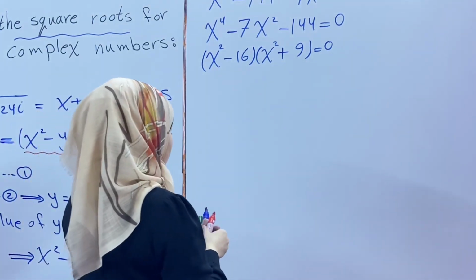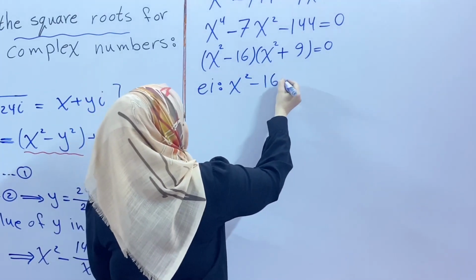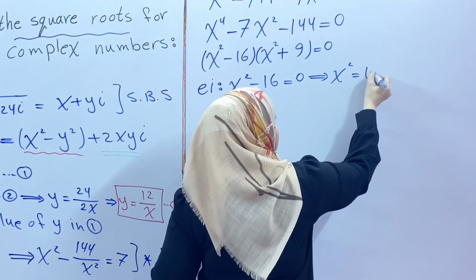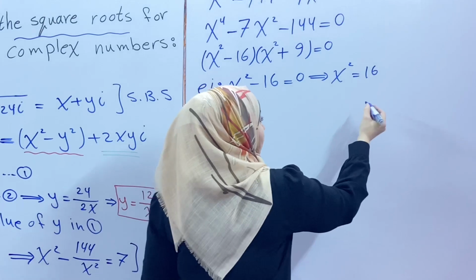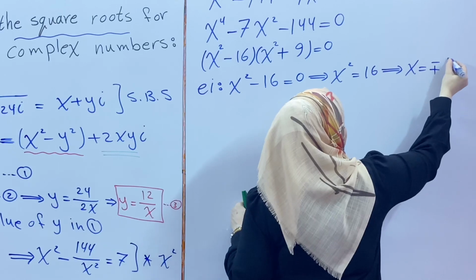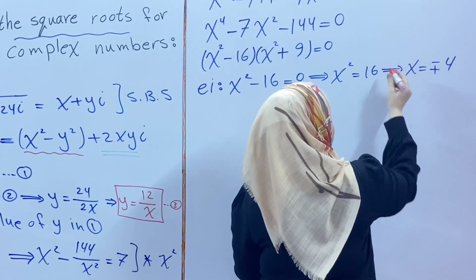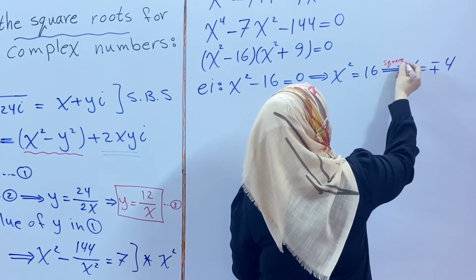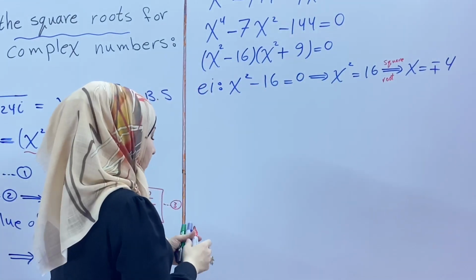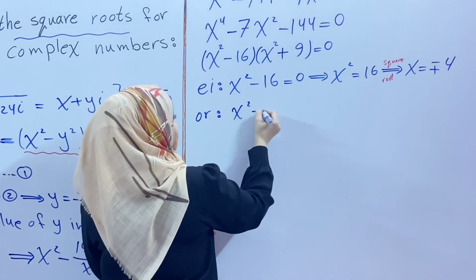So either x squared minus 16 equals 0. That means x squared equals 16. When I take the square root for both sides, I will get x equal positive or negative 4. Or the second bracket, x squared plus 9